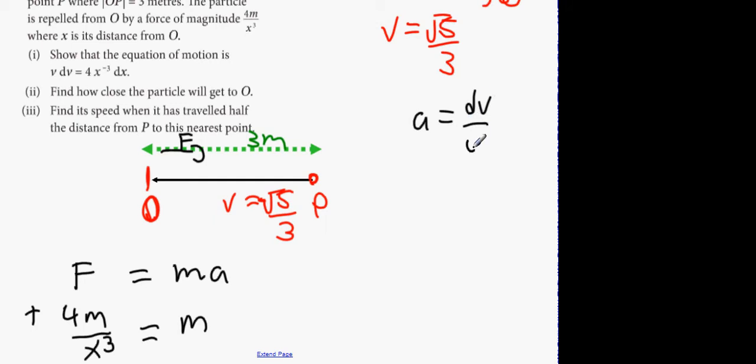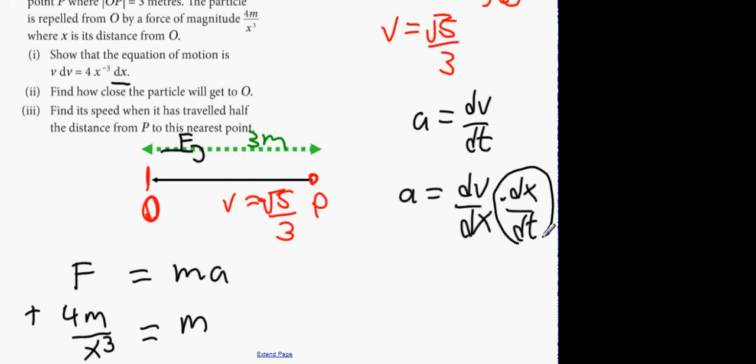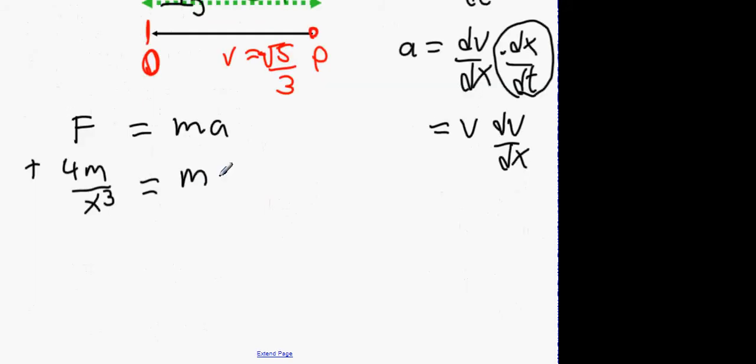Okay? But in this equation we want it in terms of dx. Unlike the last question where s is the distance, in this one x is the distance. So what we're going to say is a equals dv/dx times dx/dt. And dx/dt is the change in distance over the change in time. That makes it v dv/dx. Okay? So now we're going to have mv dv/dx. What will happen is the m's will cancel on both sides. And what we should get here is v dv